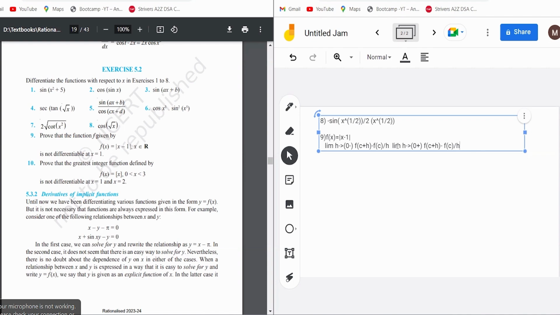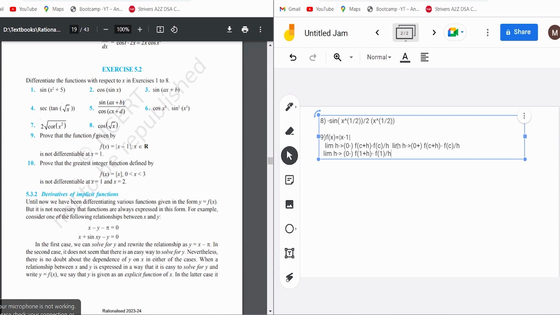So ठीक है, तो अपने को चेक करना है इस पॉइंट पे, x इक्वल टू 1 पे। तो बस अपन x इक्वल टू 1 पे इसको चेक कर लेते हैं। अपन क्या करते हैं, अपन c की जगह 1 डाल देते हैं। तो it would be limit of h tending to 0 minus, f of 1 plus h minus f of 1, मैं बस c की जगह 1 डाल दे रहा हूँ, ठीक है, minus f of 1